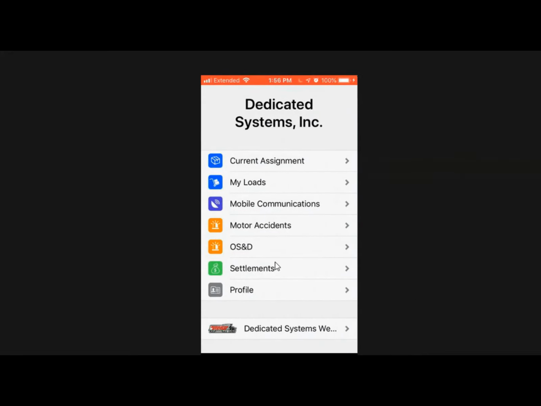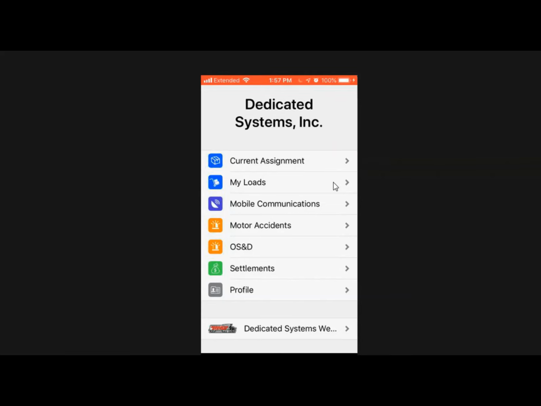And going back to the main screen, just below that is settlements. Settlements will be your paychecks, and there's a filter button on there. Same as with your My Loads section, you can change the dates the same way we did with your history of your loads, with the T-7 for 7 days back, or T-21 for 3 weeks back, things like that. It also shows pending settlements that payroll is working on, and then past settlements of